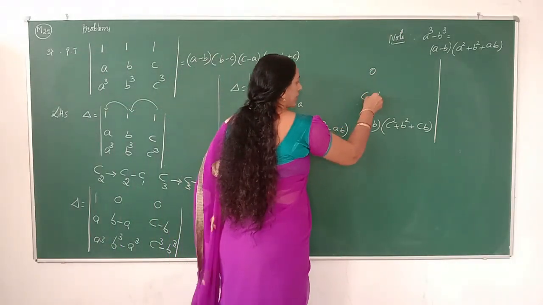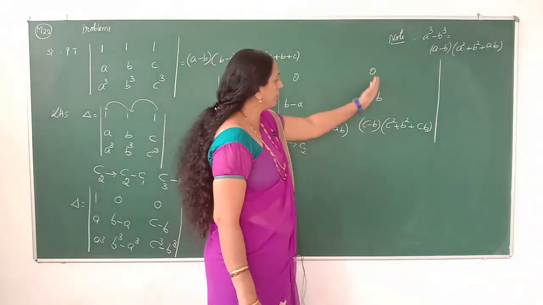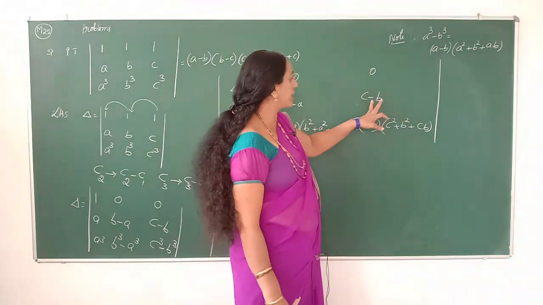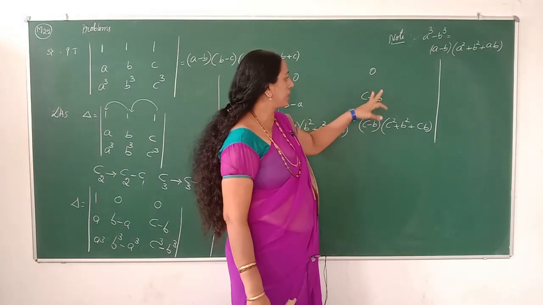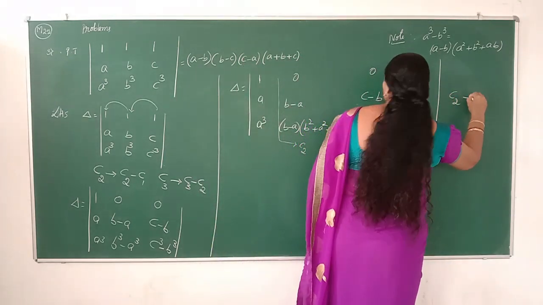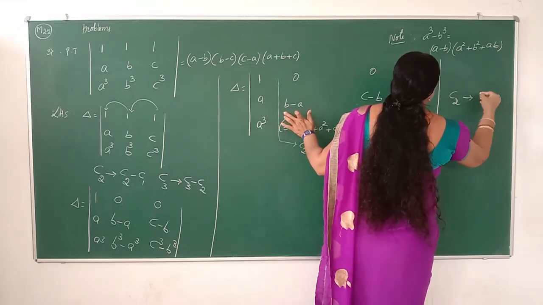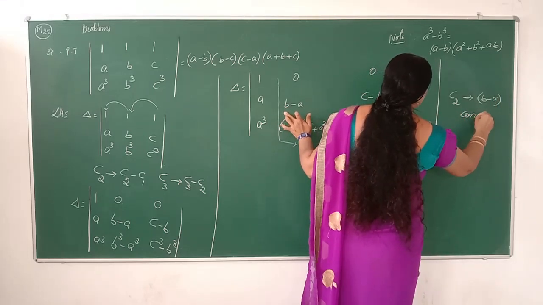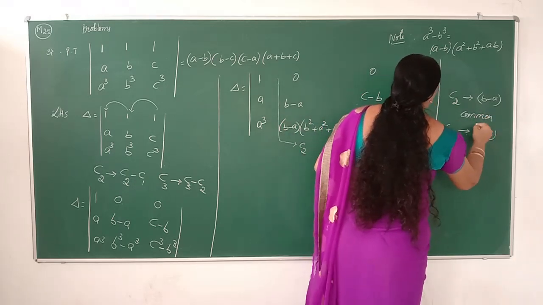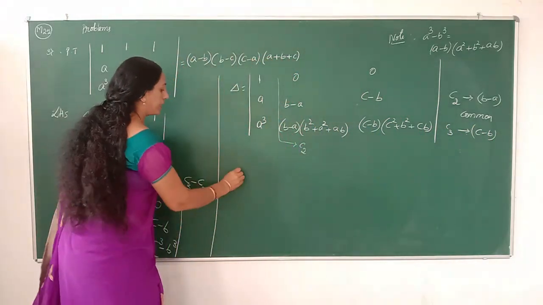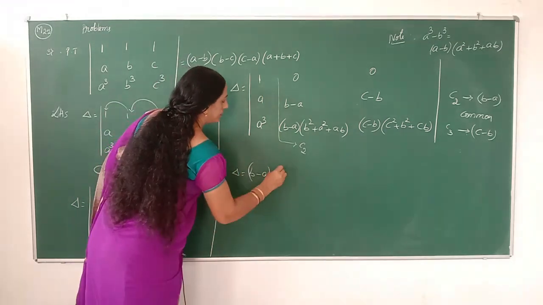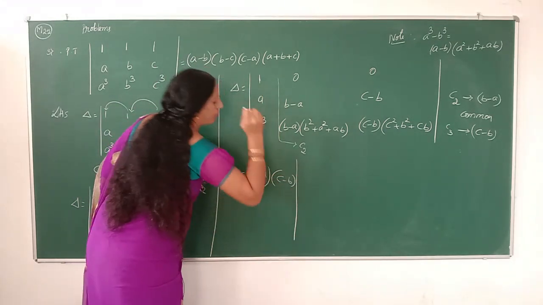Similarly, what are the elements of the third column? These are the elements of the third column. Again, the common factor here is c minus b. Therefore, in the second column, b minus a is a common factor, and similarly in the third column, c minus b is a common factor. So delta is nothing but, with b minus a from the second column and c minus b from the third column taken out as common factors,